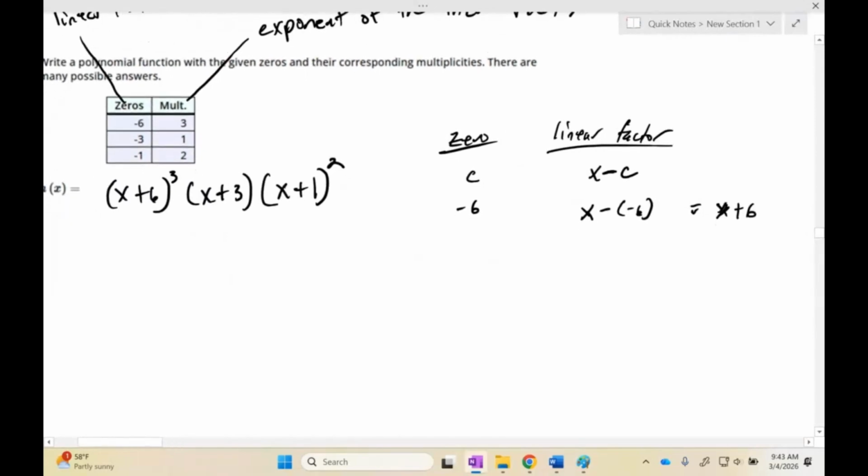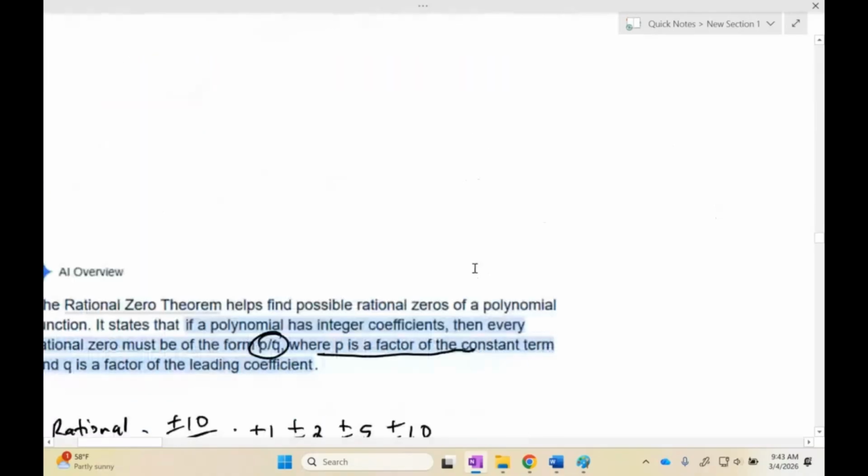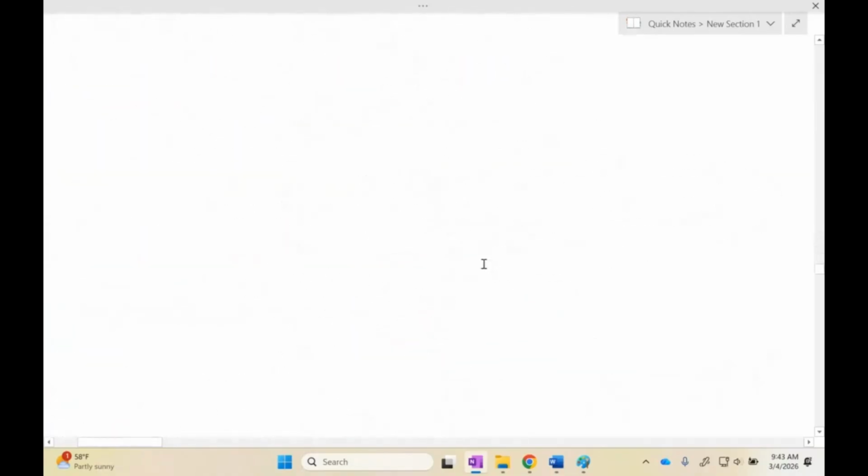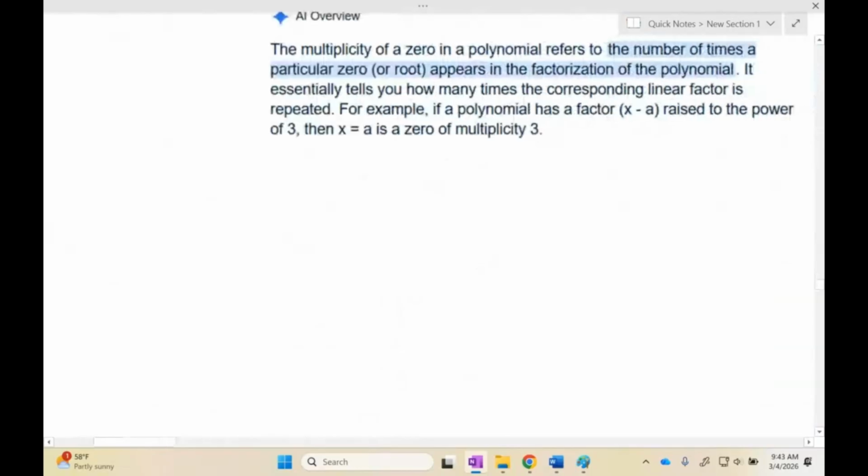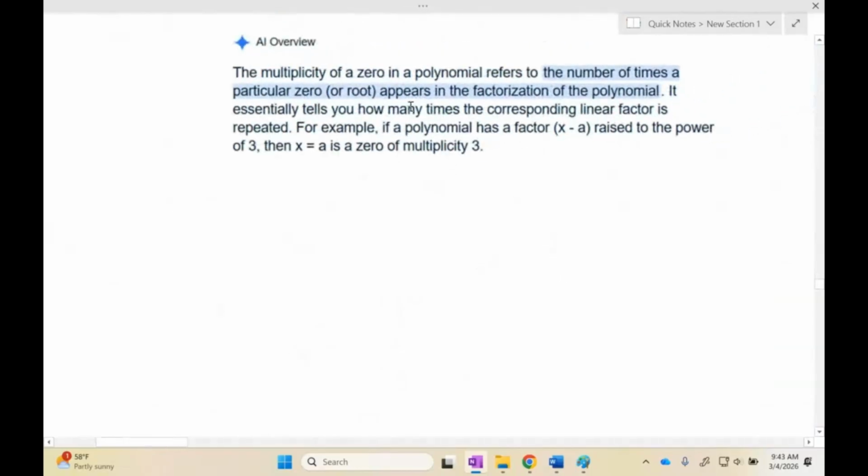So we have x plus 6 as a linear factor. Notice once we write that out, we have x plus 6, which is actually -6 as a 0, and the multiplicity is simply the power on that linear factor. So this is like a formal definition of multiplicity. It says the multiplicity of a 0 in a polynomial refers to the number of times a particular 0, and remember that 0, root, solution,